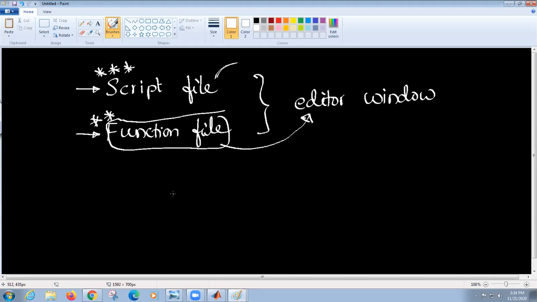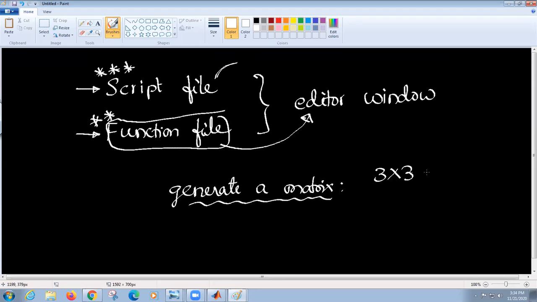Now, for example, I want to generate a matrix. I want to generate a matrix using for loop. So let me generate a 3 by 3 matrix, and for that I want to use for loop. You know the first syntax is something like this.